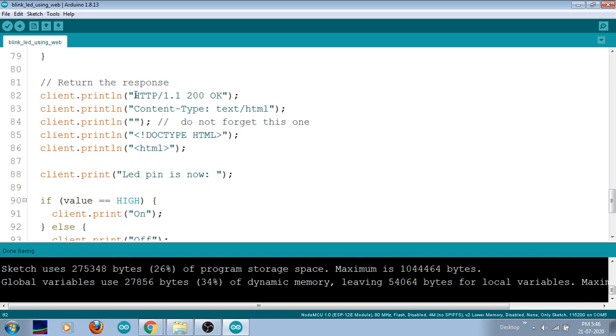So this particular status will represent the present status of the LED. Here I have to check that if my LED status variable value is HIGH, then I know that the LED is in on condition. So this has to be displayed in the web server. For that I am using client.print as ON, or otherwise it will be in OFF condition.